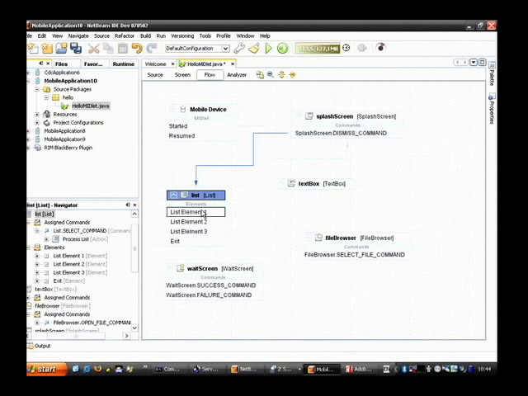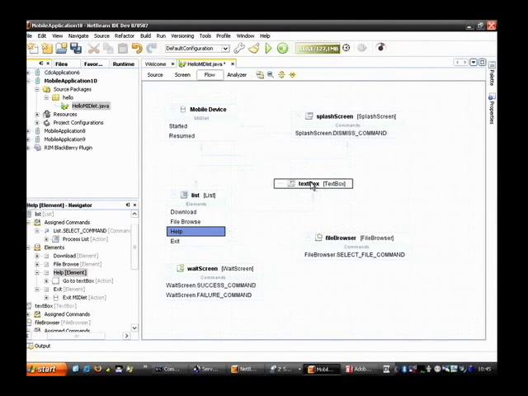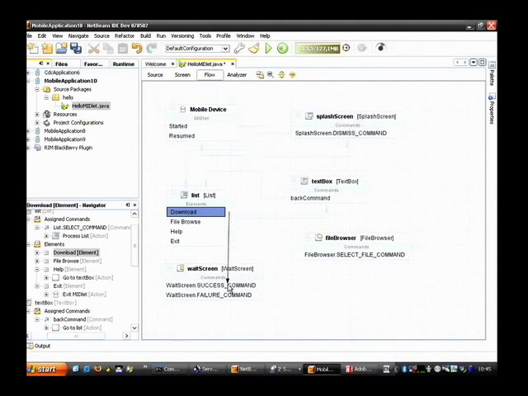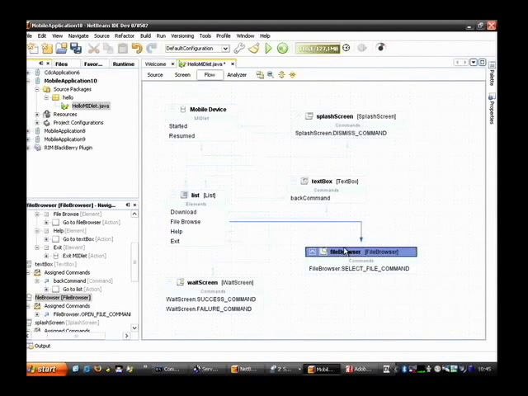So there's exit. One would be called download, help, and file browse. So exit should take me to the exit. Help will be represented by a text box, and I have to get back from the help to the initial menu. What else is there? Download goes to the wait screen, file browse to the file browser, and